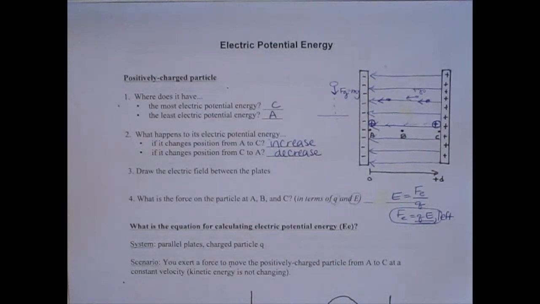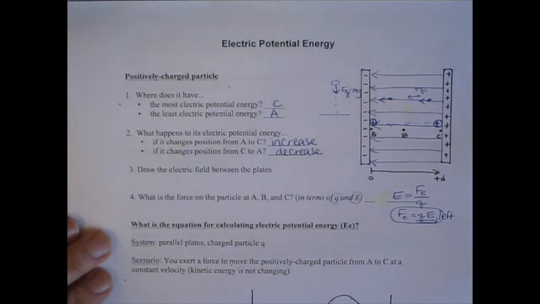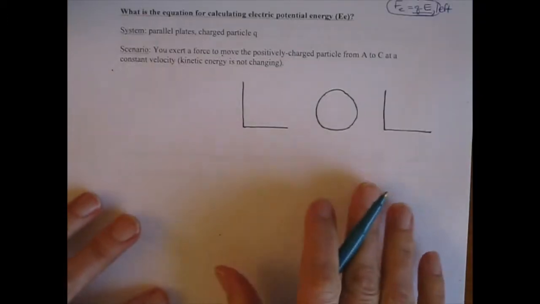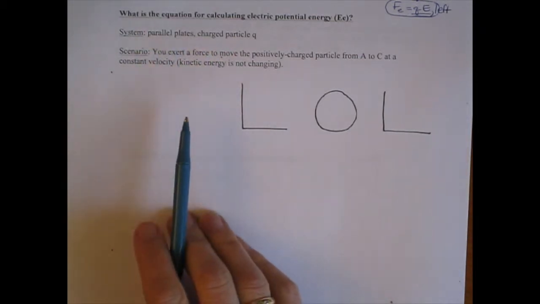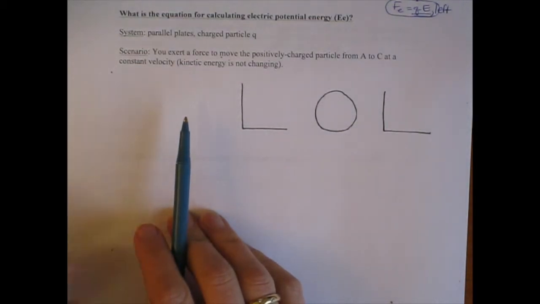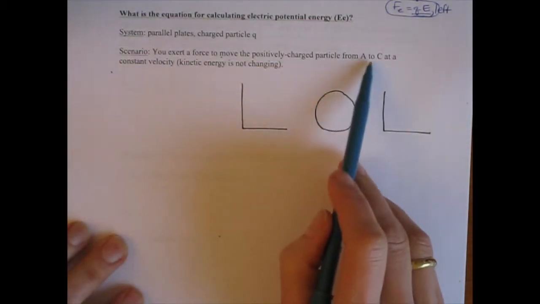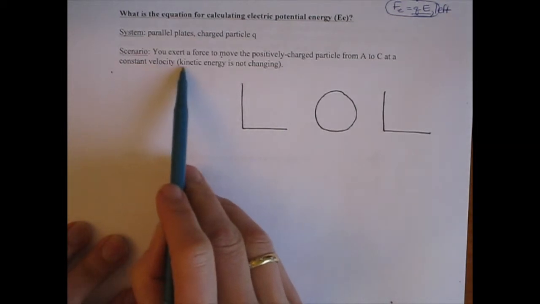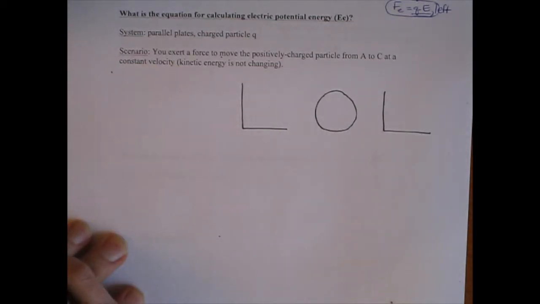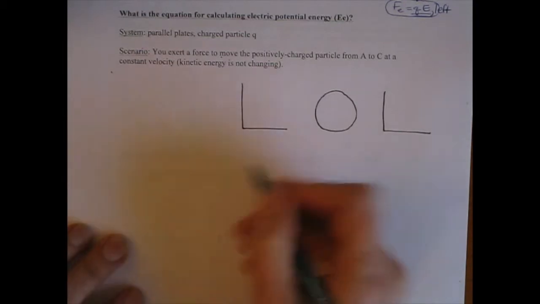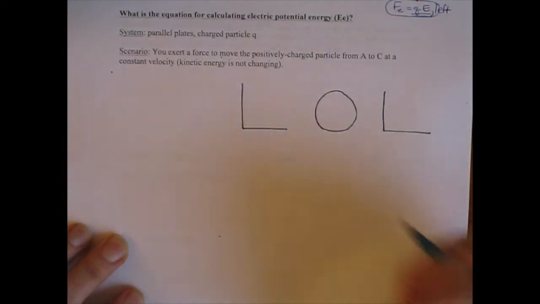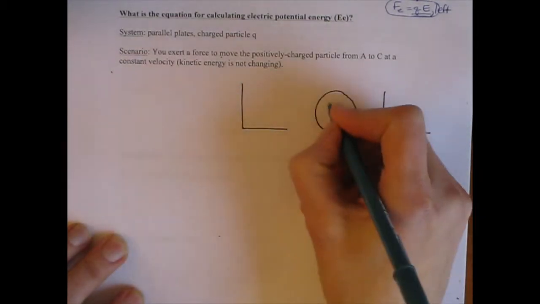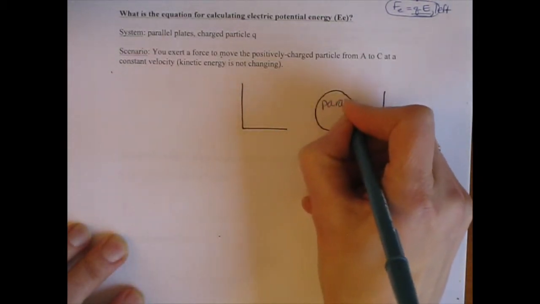Okay, what is the equation for calculating electric potential energy? Our system for doing this is going to be the parallel plates and the charged particle Q. Here's our scenario. You exert a force to move the positively charged particle from A to C at a constant velocity, which means that the kinetic energy is not changing. So we're going to draw a little LOL diagram here, and then we'll be able to derive the equation using this process. So our system is the parallel plates